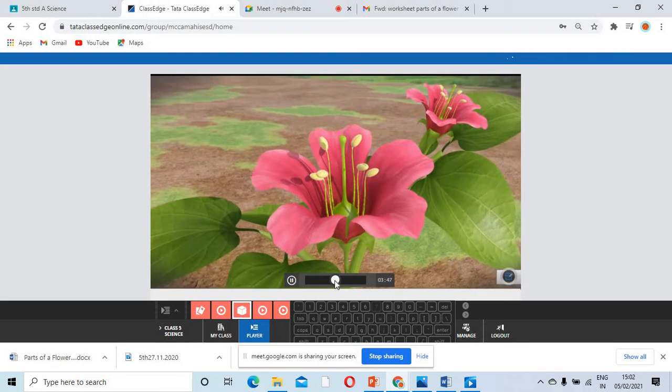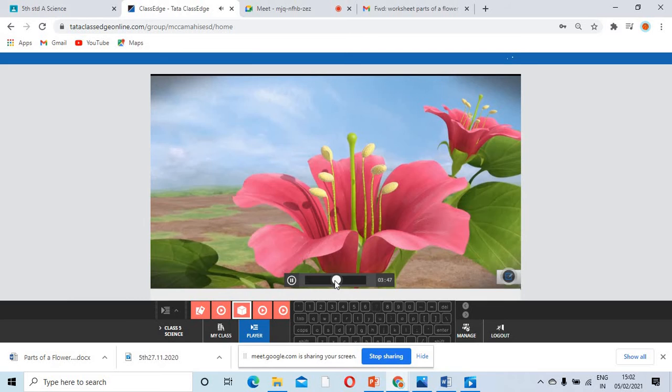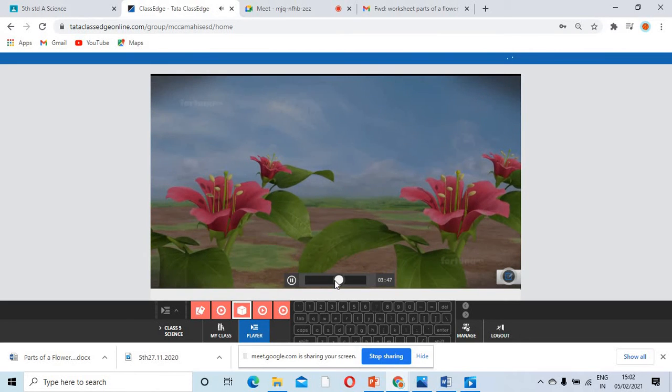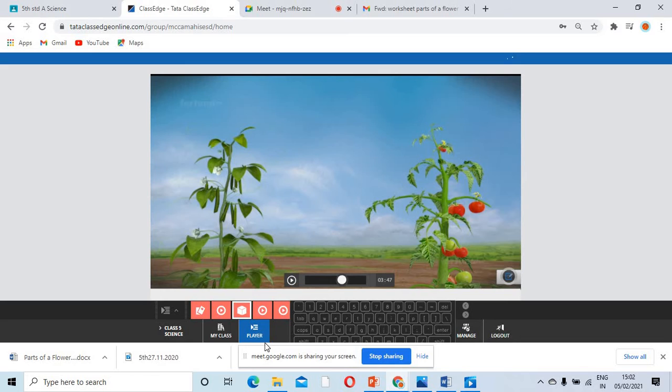Now that we know the basic parts that are involved, let's look at the types of pollination. The transfer of pollen grains from the stamen to the stigma of the same flower is known as self-pollination. The transfer of pollen from the stamen of one flower to the stigma of another plant within the same species is known as cross-pollination. Okay, so now we learned about pollination in detail, self-pollination and cross-pollination. Okay, now let's see a map.